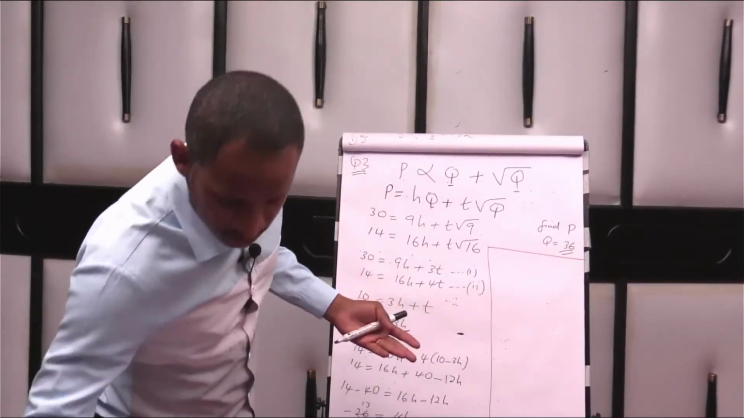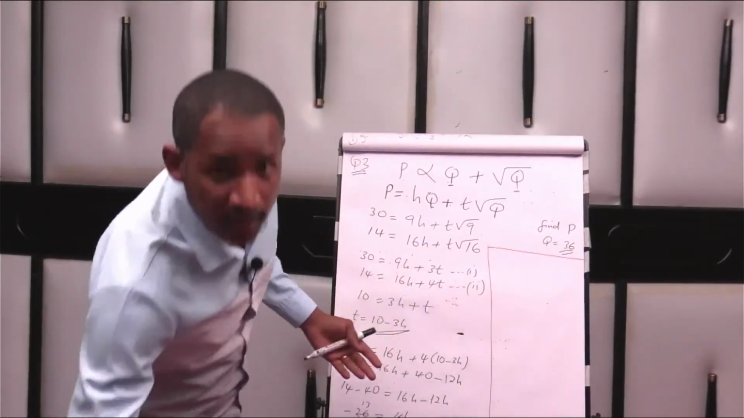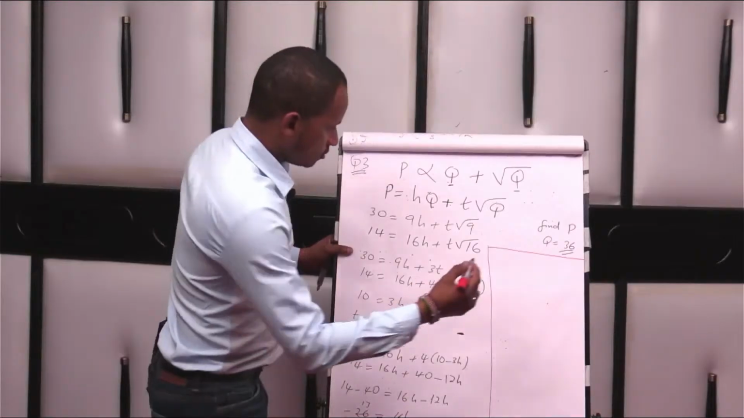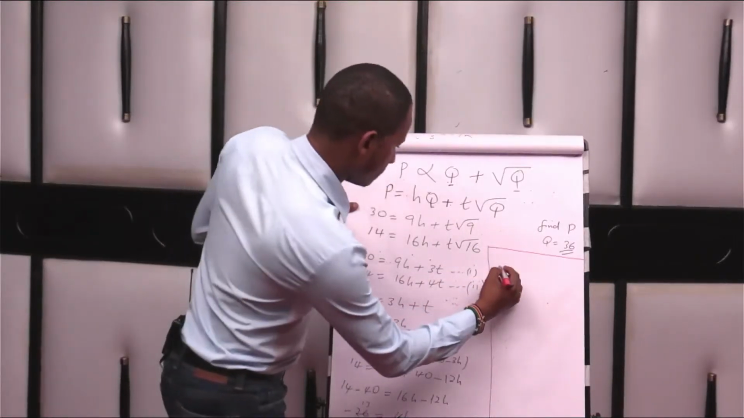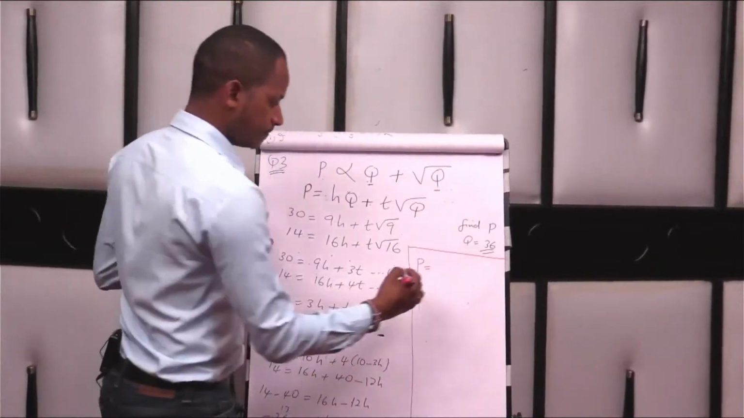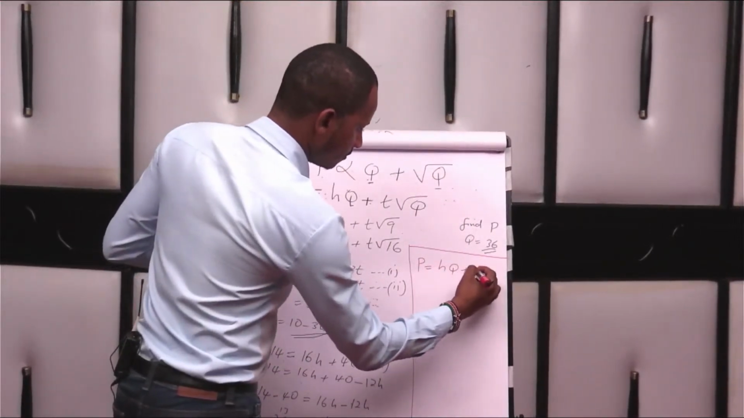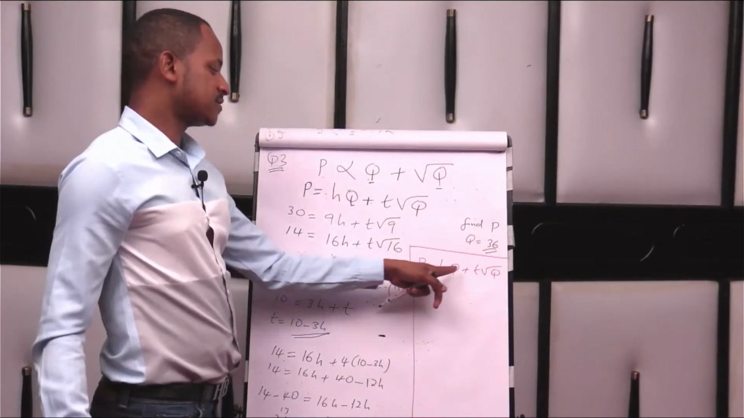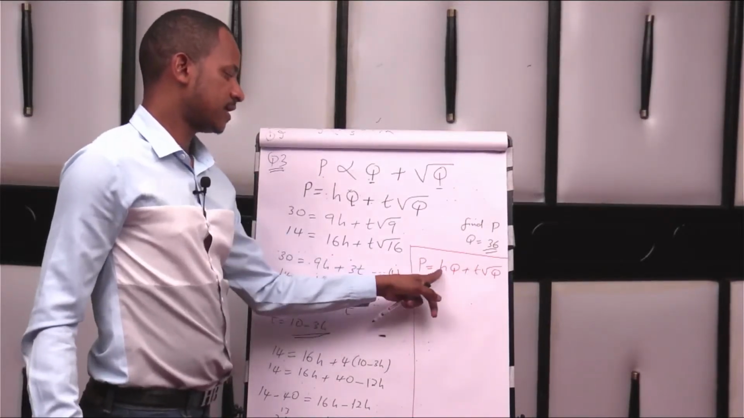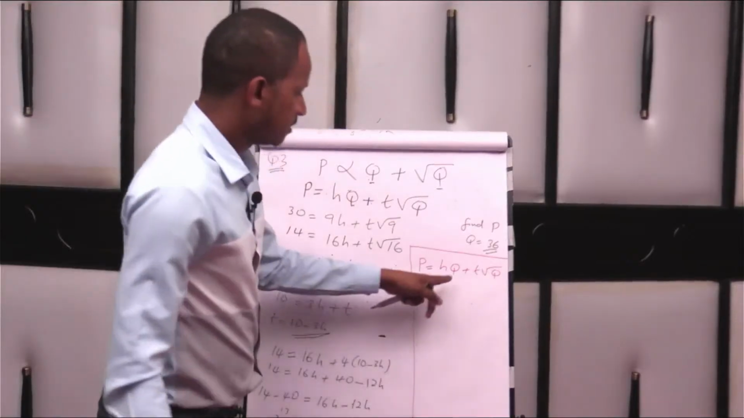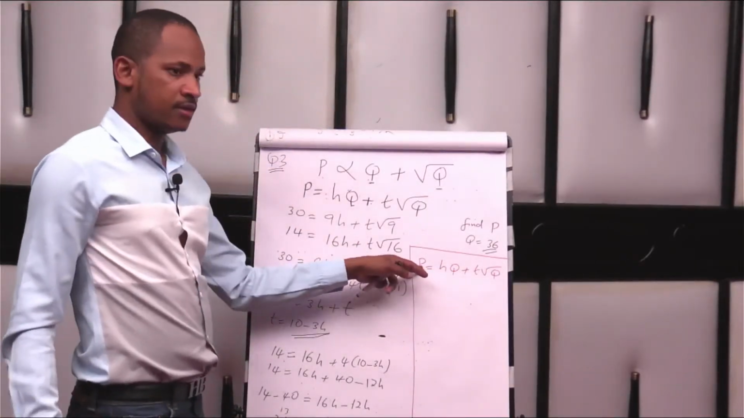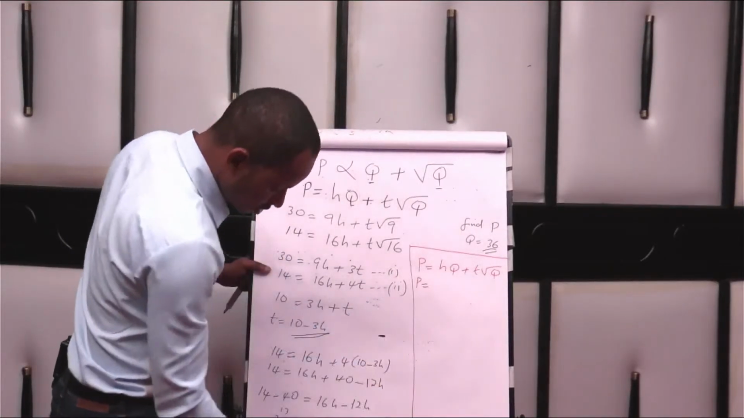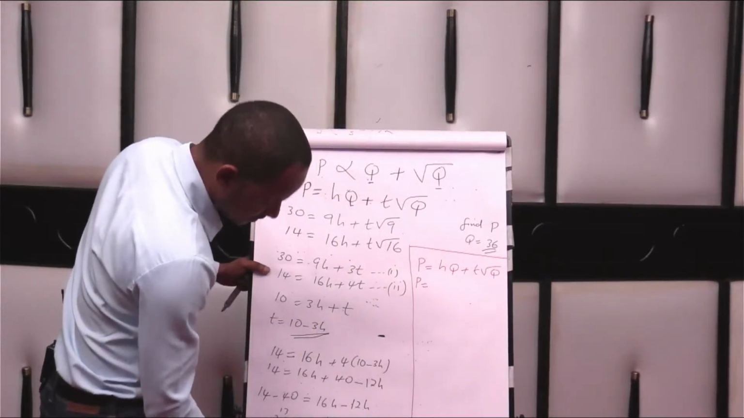What does the question want now? The question tells you to find P when Q is 36. So come back here, find P equals HQ plus T times the square root of Q. Remember, H and T are constants. Q and P are variables. Therefore, P equals H, and we got our H as minus 13 over 2